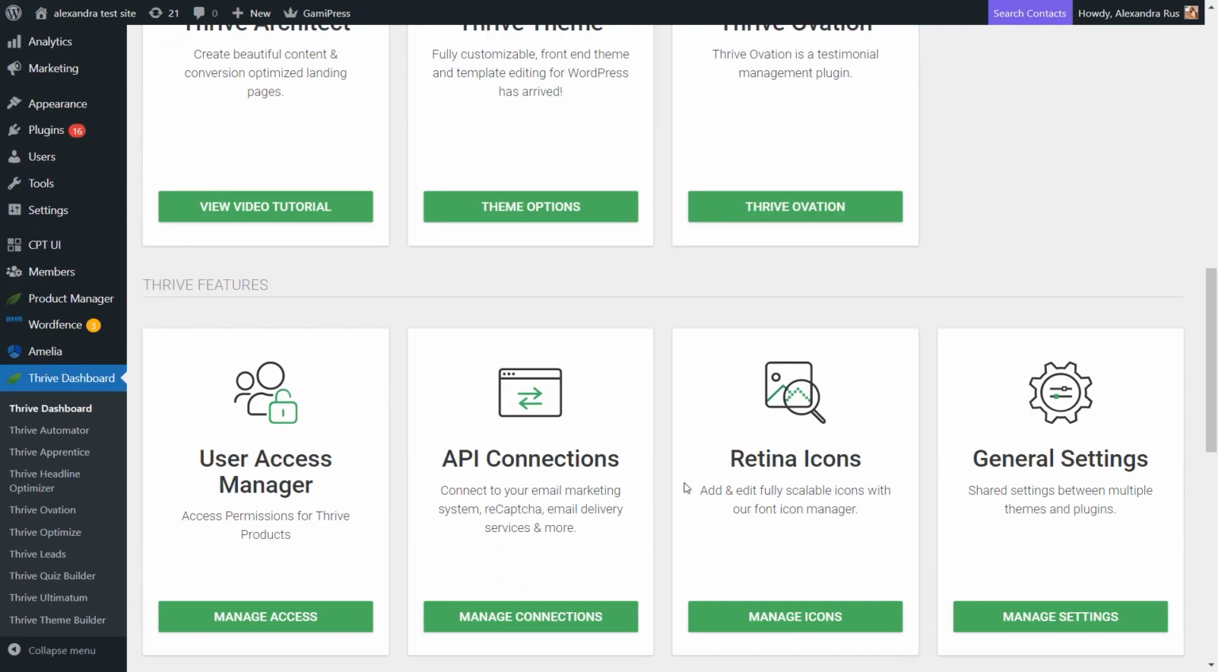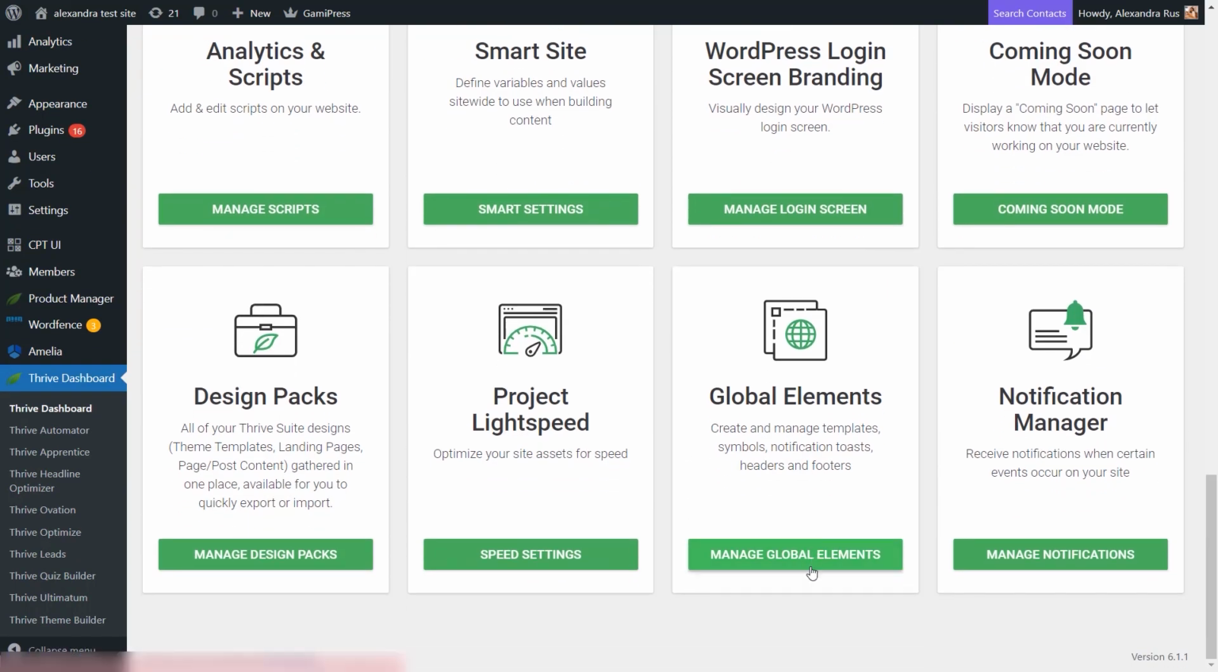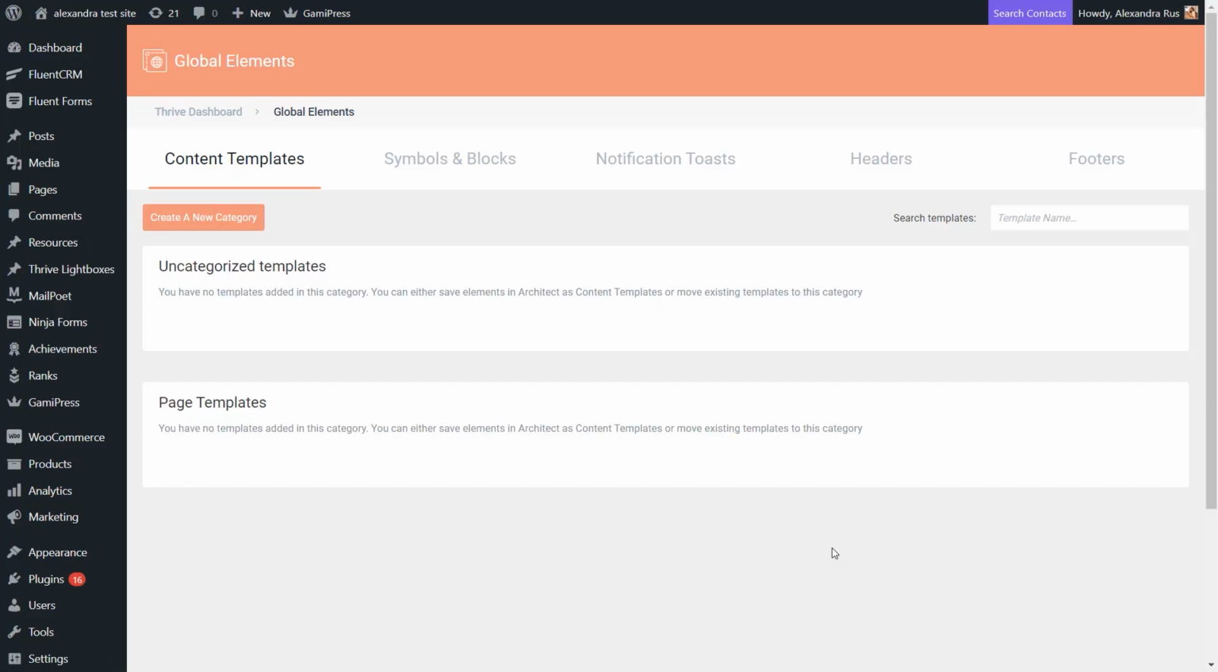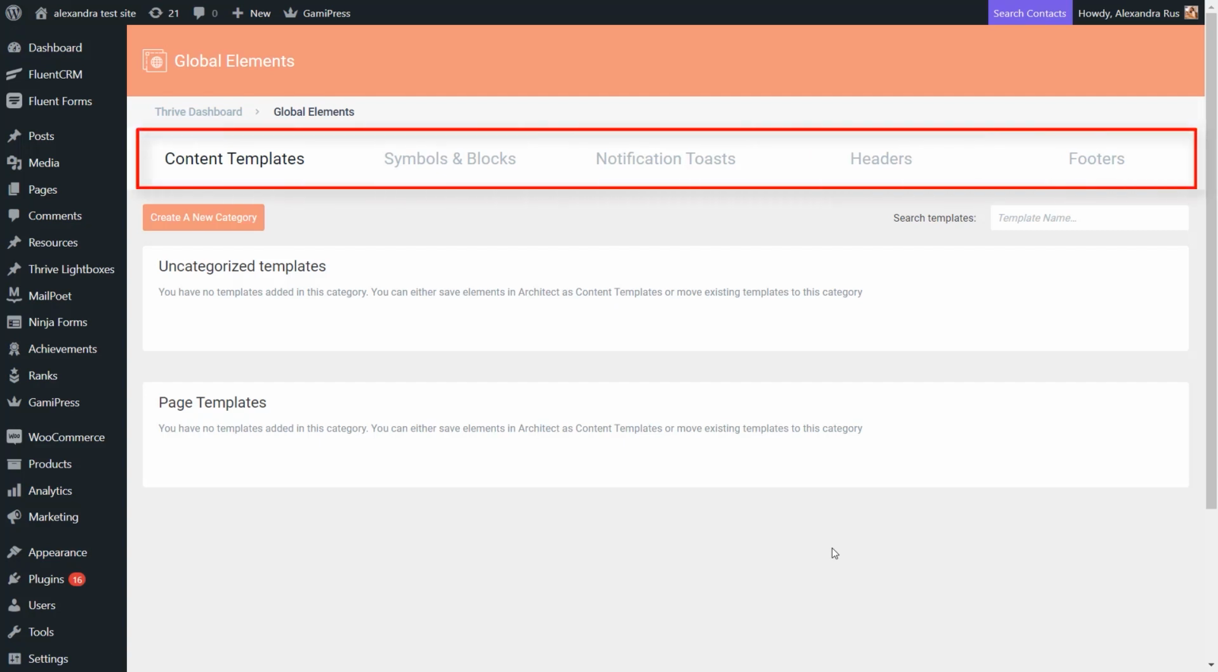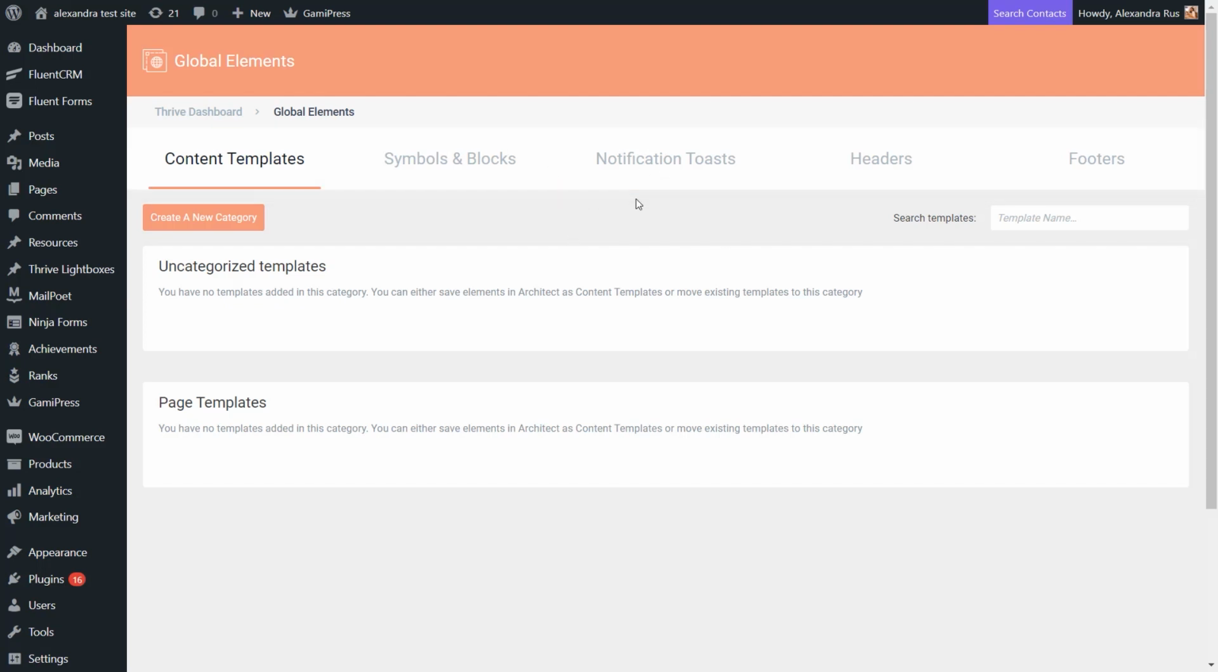Alright, now let's look for the Global Elements card and let's talk a bit about the things that you can do while on this dashboard. This is where you can manage and customize global elements such as content templates, symbols, blocks, and so on. So the changes you make here will be applied to all the elements of the same category wherever they appear